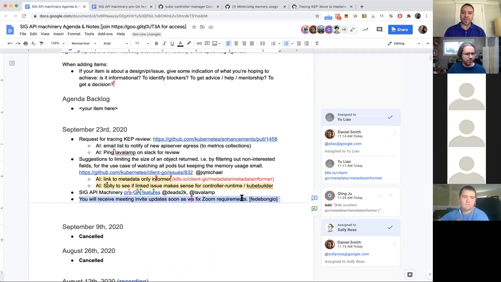the last point is from me. There is a requirement to change the Zoom settings in all the Kubernetes meetings. So I will be working on that probably on Friday. I give you a fair warning because it's a long mailing list and you will be receiving some updates. I'm sorry about that. I don't want to spam anybody, but the only way that can be done based on the current setting that we have is to recreate the meetings.